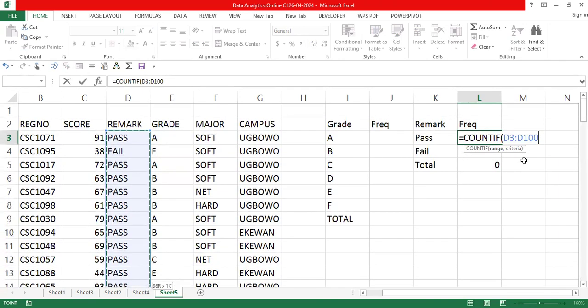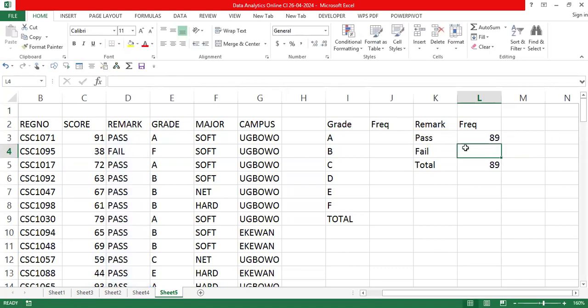Let's just go on without the dollar sign so you see something. Comma, then I click here, click this pass, right? Close the brackets and press enter. Okay, it actually works here,